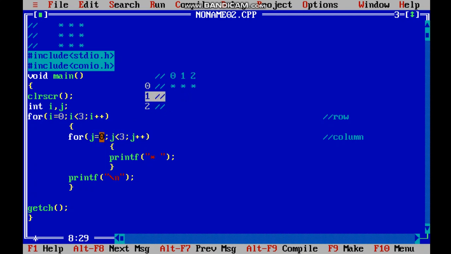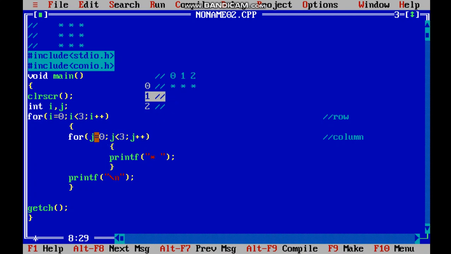Now j value equals 0. So row is 1 and column is 0. Which is this? This is this place, and we already have the cursor down with the help of this backslash n. It means 1 comma 0. 1 comma 0 is this place. We have already studied this in the matrix also.